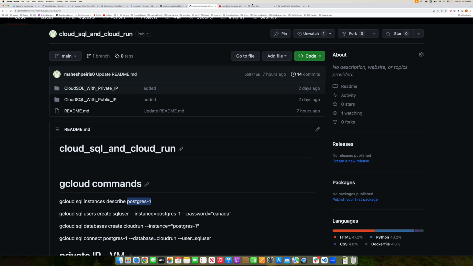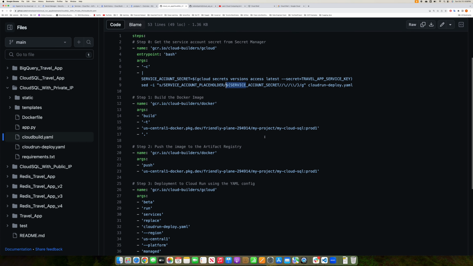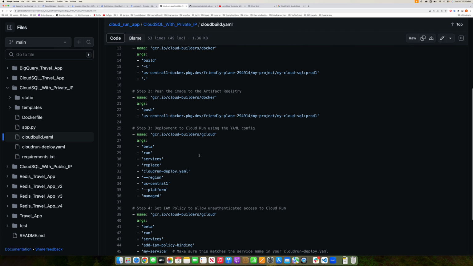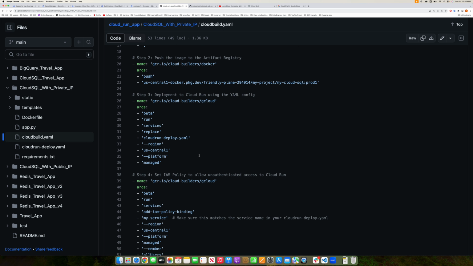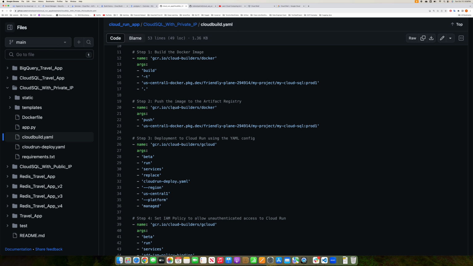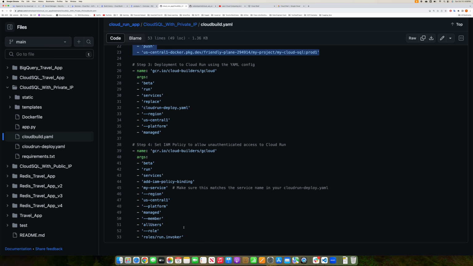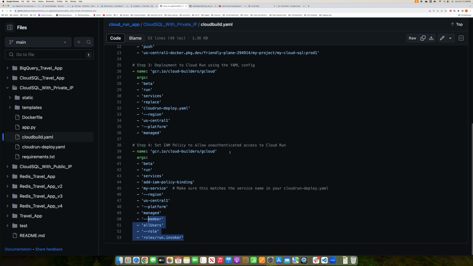Okay guys, so those variables are accessed from here. Basically in Cloud Build, we'll go to the Secret Manager and take that variable. And when doing the building part, you can see its code is a bit different because we are going to that location and getting the file, giving the role invokers and things like that. So you need to make sure that